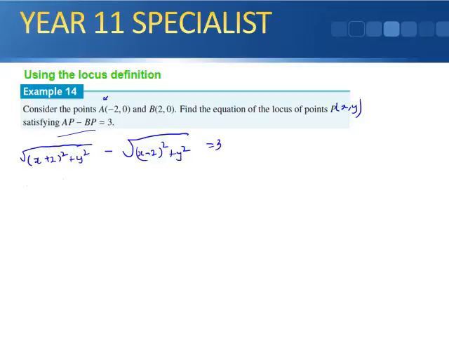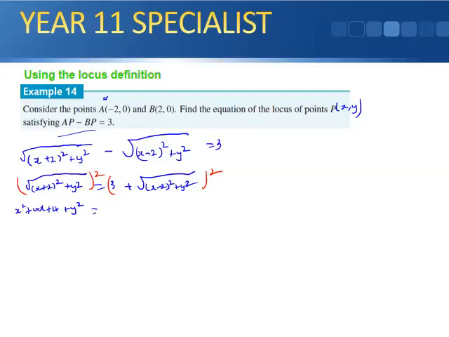Okay, so I'm going to move one across and get the square root of x plus 2 squared plus y squared equals 3 plus the square root of x minus 2 squared plus y squared. Square them, which gives me, and I'm going to expand this one at the same time, hopefully I'll get it right, x squared plus 2x plus 2x is plus 4x, 2 times 2 is 4, plus y squared, equal to 3 squared is 9, plus 3 is plus 6 of this lot,